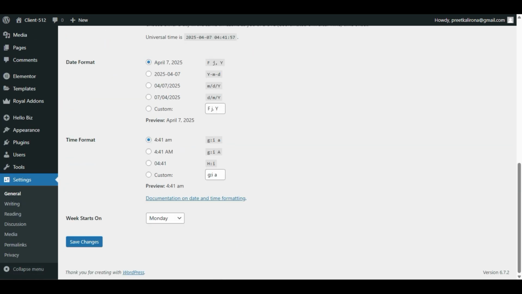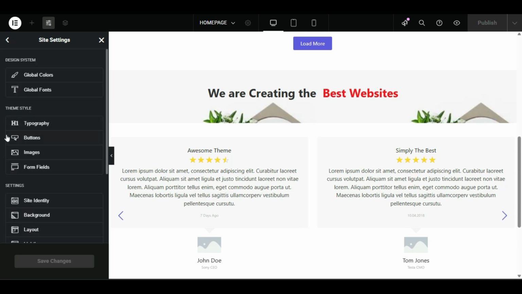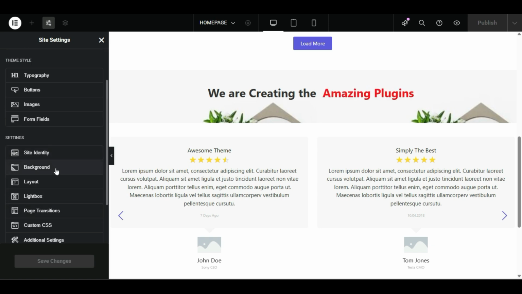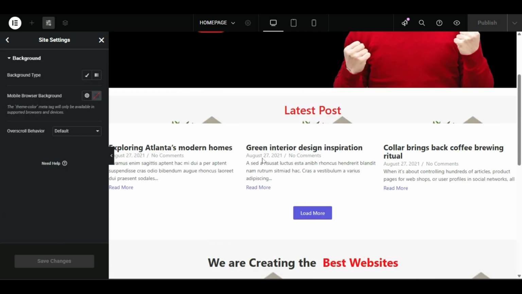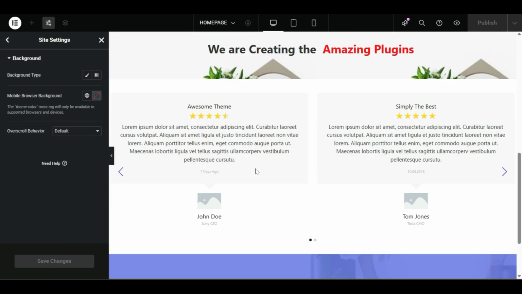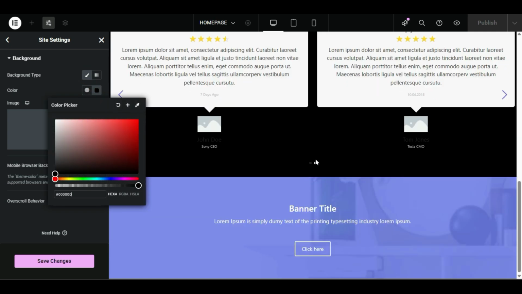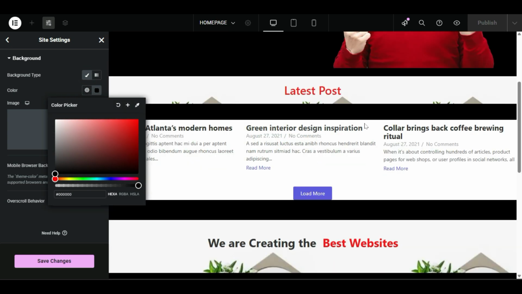Okay, then everything is good. Let me go back. Site identity, background. You can change your whole page background from this setting. In the site setting background, you can change the whole website background. If you want to keep a dark background for the whole element, go to background type, click classic and change your website's whole color here. If you want to work with a dark background,